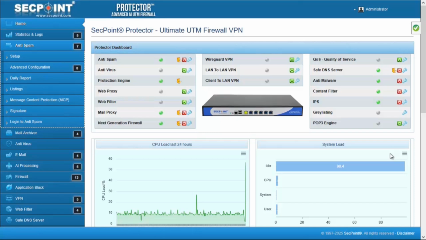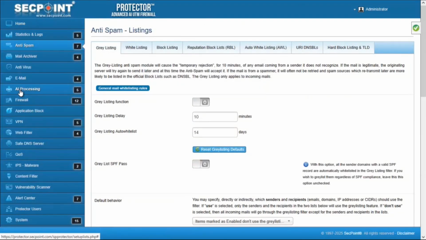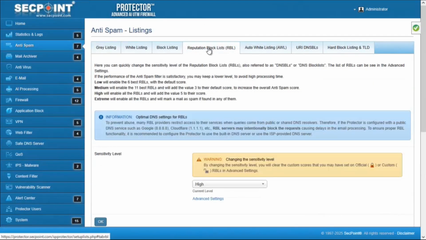Let's start with the Reputation Block Lists, or RBL, which has undergone an improvement to prevent delays in anti-spam processing and avoid bottlenecks. RBLs can be configured in menu Anti-Spam, Listings, tab Reputation Block Lists. Here you can set a general sensitivity level or access the advanced page where you can